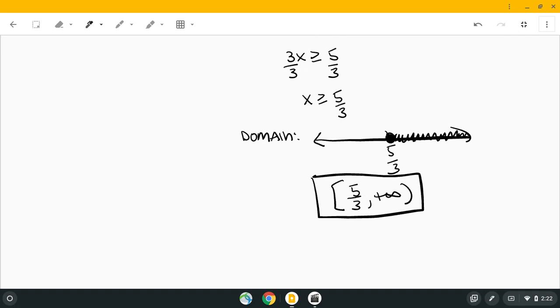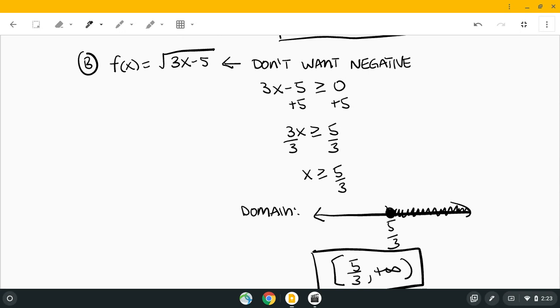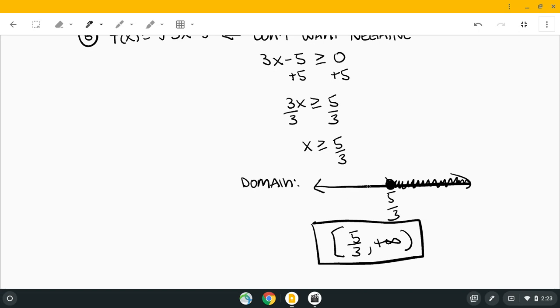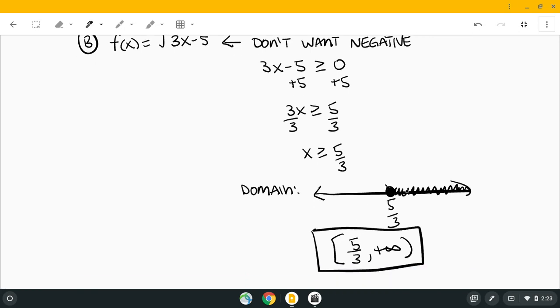So again, it can equal 5 over 3 because when x is 5 over 3, we get 0. When you plug in 5 over 3, the 3's cancel out. You're left with 5 minus 5, which is 0. Okay? Square root of 0 exists. Square root of 0 is 0. So it's okay to have 0 in the square root. The thing is, we don't want it to be negative. So if you choose a number over here, down here, like 0, if you plug in 0, you end up with negative 5. Square root of negative 5 is imaginary,